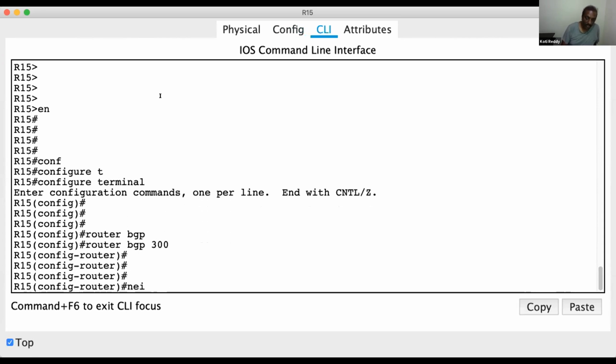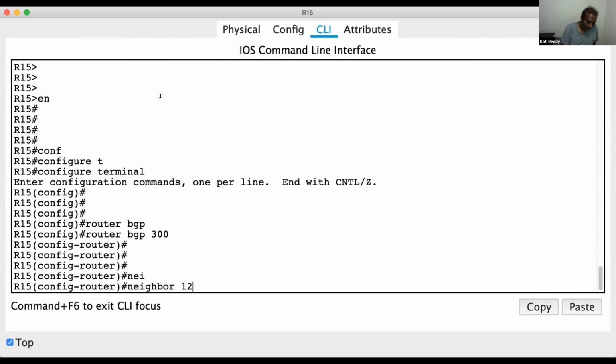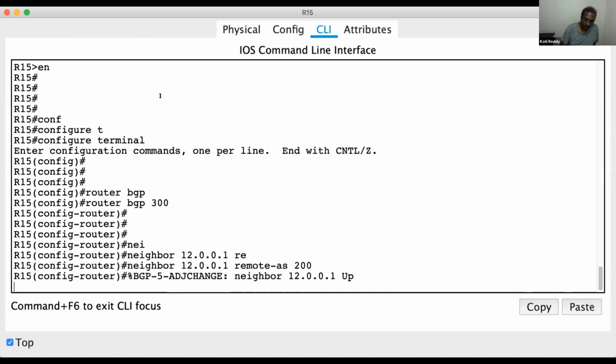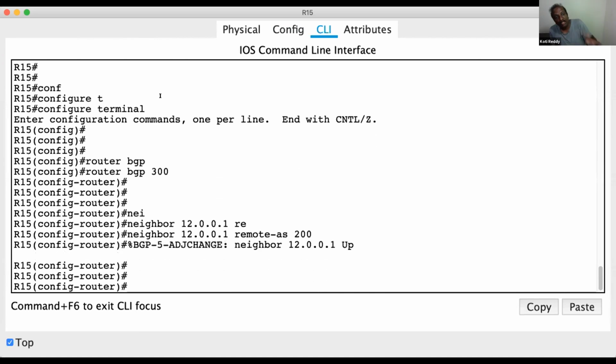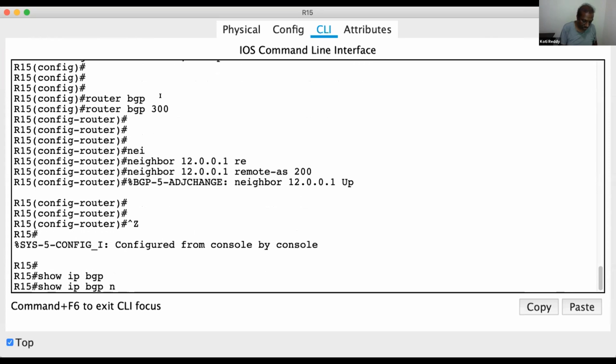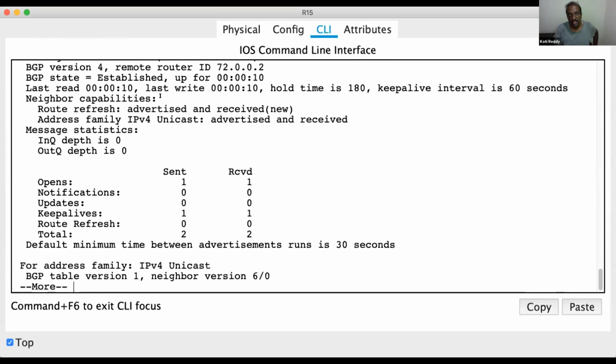Your neighbor is 12.0.0.1. The remote AS to which it belongs is 200. Neighbor 12.0.0.1, remote AS is 200. Right? Once I do this, when I give the command show ip bgp neighbors, again this says